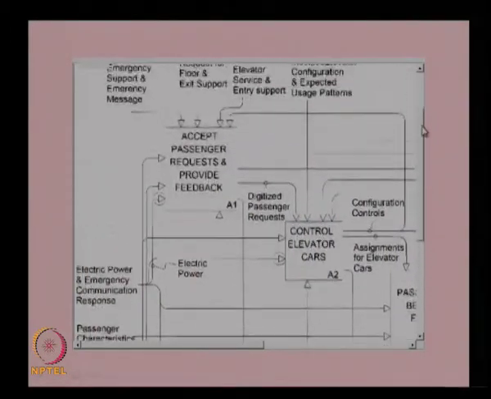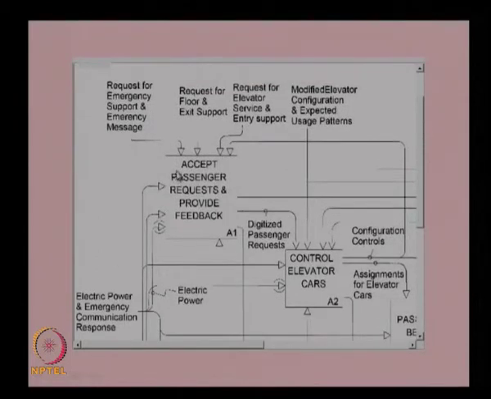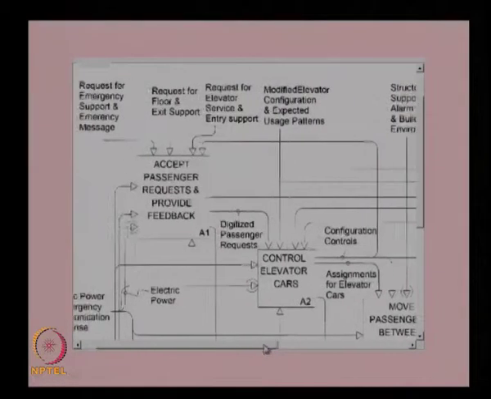As you can see here, this is the first one, the A1 function, accept passenger request and provide feedback. That is the first function of the decomposition of A0, and the inputs are request for emergency support and emergency message, request for floor and exit support, and request for elevator service and entry support, and these are the main inputs coming from the passengers. Other inputs are electric power and emergency communication response that will be coming to this function. From here we will be getting many outputs,